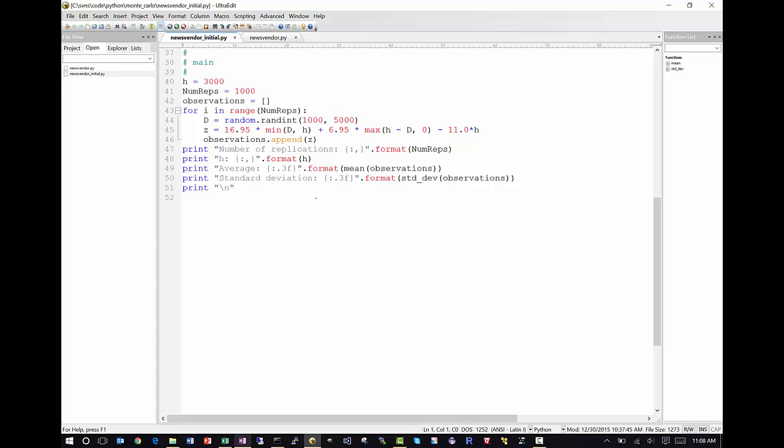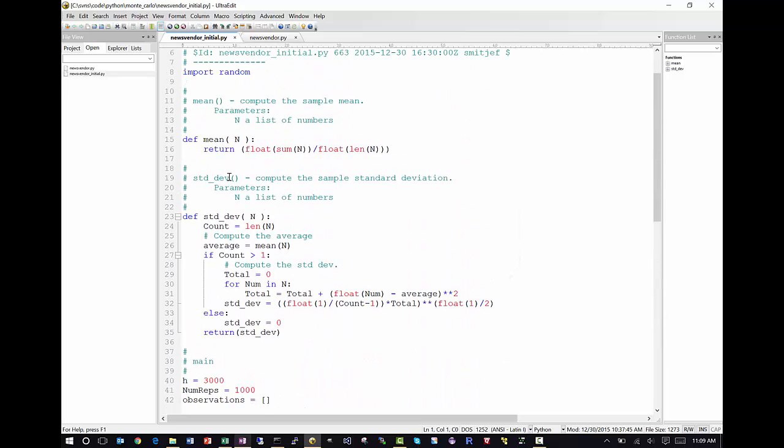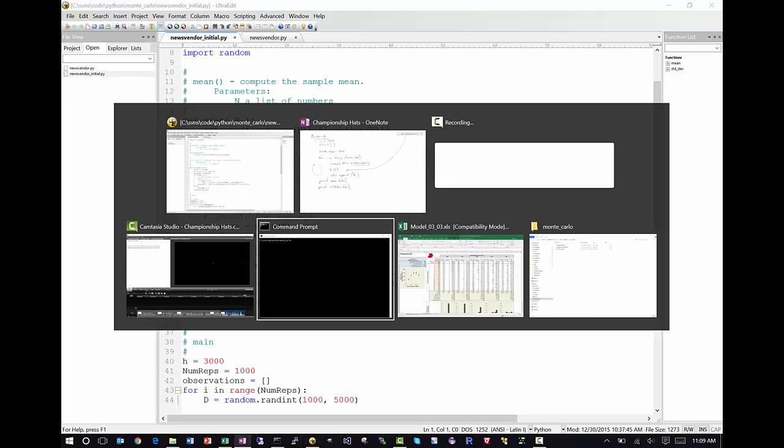I simply set the H value, specify the number of replications as I specified, loop through, and then I just print some information on how many replications I ran and the H value. For the standard deviation and the mean, I have created simple functions to do that. So my mean function returns the mean, my standard deviation function returns the standard deviation,